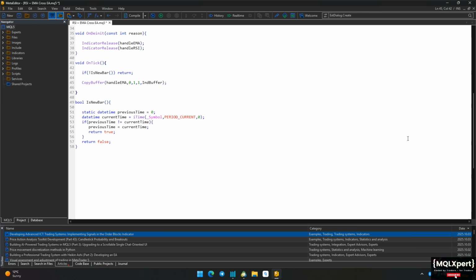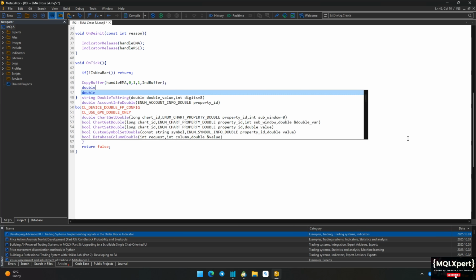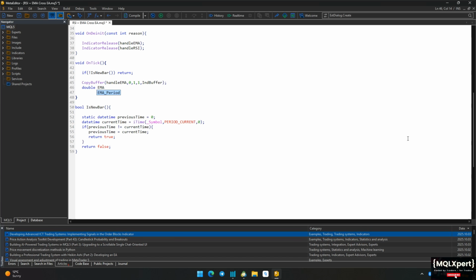Then we copy these values into the indicator buffer variable that we created, and once it's copied into the indicator buffer, then we can pass on the value, which is an array variable, into the indicator buffer itself. Then we create a double variable and we call it EMA,